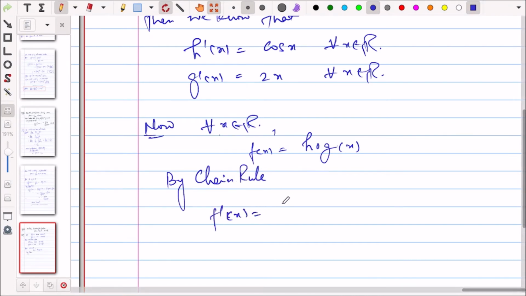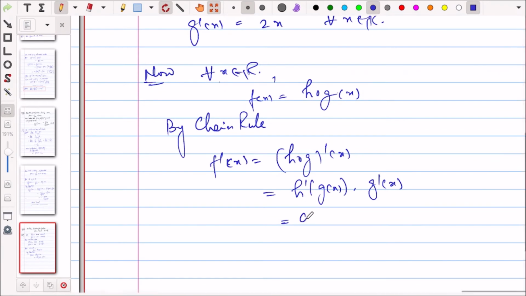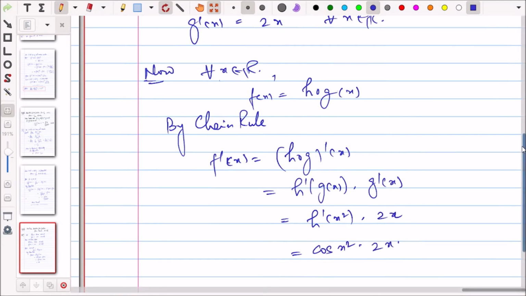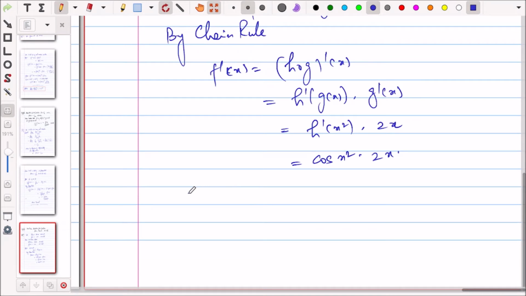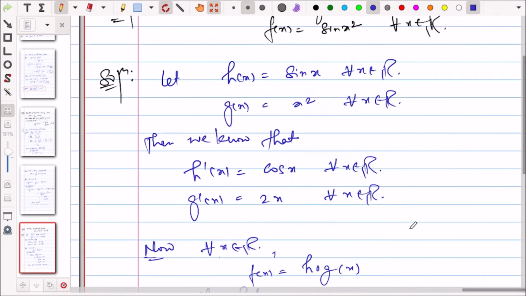f dash x is equal to h of g dash x, which is equal to h dash gx into g dash x, so which is your h dash is, so h dash x square कर दो into 2x, so this is cos x square into 2x। ठीक है, hence f dash x is equal to 2x cos x square for all x. दिस इज हाउ यू हैव टू प्रूव। अगर 2 मार्क्स का है तो इस तरह से, अगर 5 मार्क्स का है तो इन दोनों को भी प्रूव कर देना है। ठीक है,